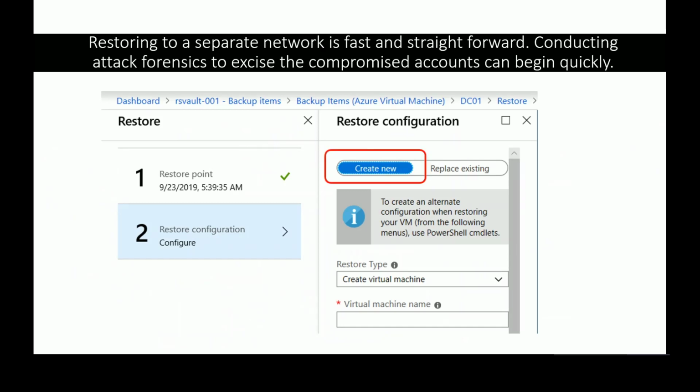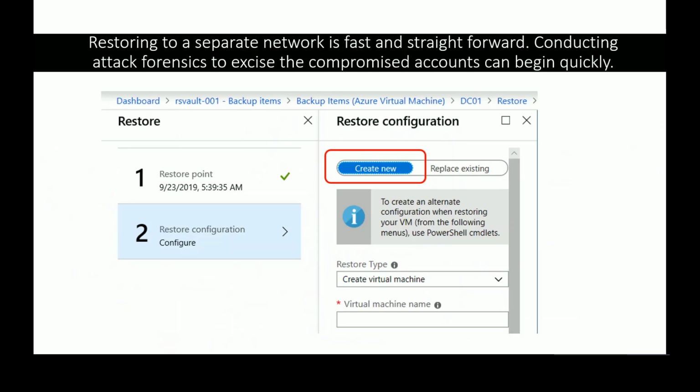Now, restoring to a separate network in the event of a CryptoLocker attack is also very easy, and it's perhaps one of the biggest benefits. I can just create a new virtual machine and install it into a new private network. I can restore my domain controller from the most appropriate restore point, whether I believe the attack happened 30 days ago or 45 days ago. I can actually restore two different ones and compare the difference between the two to try to find out what changed, which account may have been compromised, and how an attacker obtained elevated credentials into my